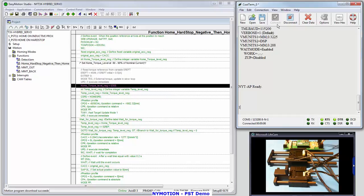So you can see on the bottom right on that PST8, I've got it all the way out. I want to just do a one home 3. You can see it comes down, drives all the way into the plate, stops at that hard stop, and then comes back off 1.5 millimeters. Let's take a look at that. Why did it do that? One print,